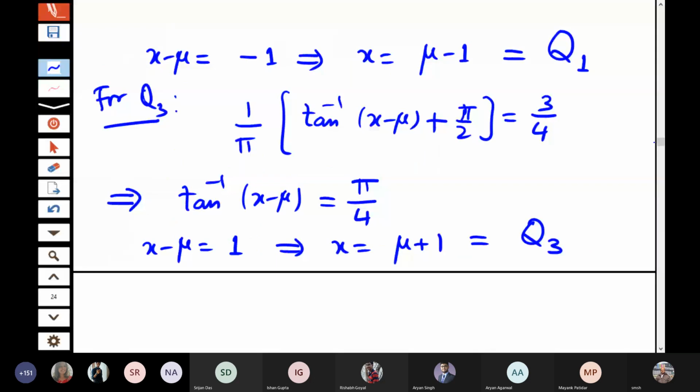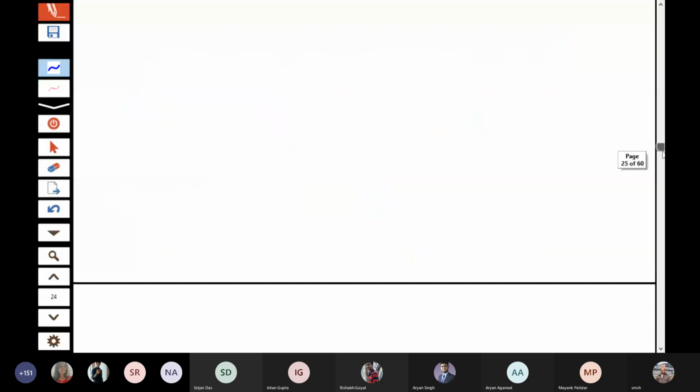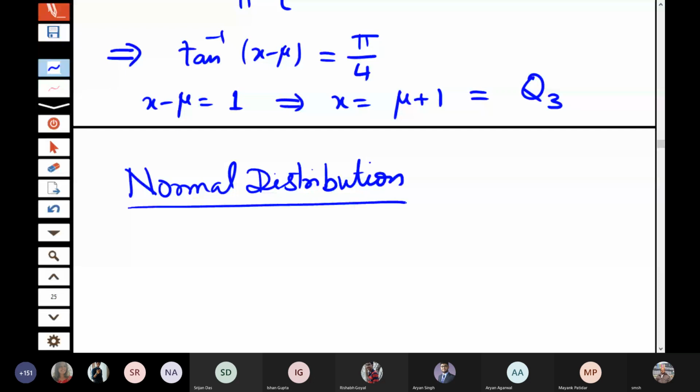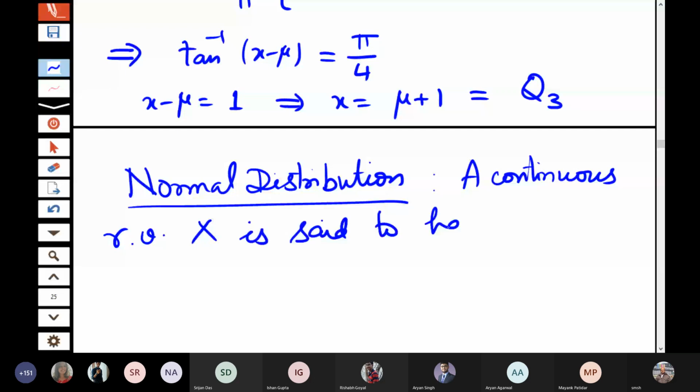So now I move to another important distribution, and in fact, it is considered to be one of the most central distributions of the probability theory. It is known as the normal distribution. Okay. A continuous random variable x is said to have a